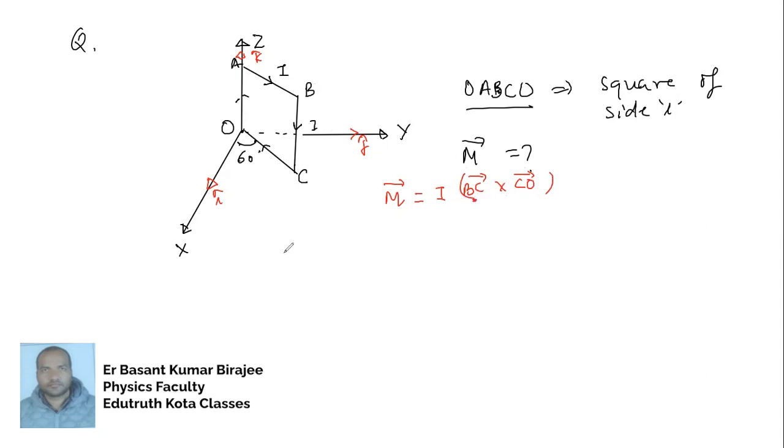So let's express how much is BC vector. See, BC vector is anti-parallel to your z-axis. So we can write its length is L. That's fine, but see the direction of BC vector. It is opposite to the direction of, let's say, this one,